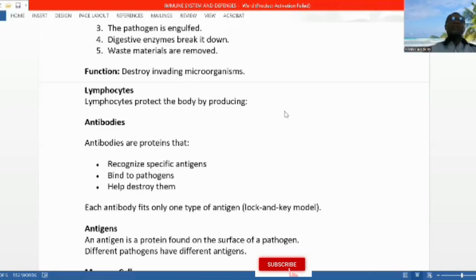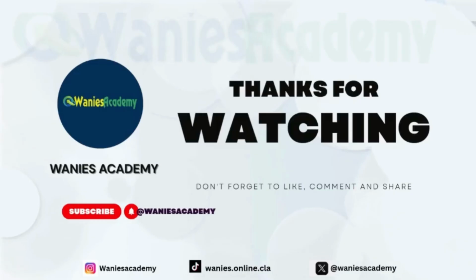After identifying or recognizing them, they bind to the external surface of the pathogen and they destroy the pathogen. Each antibody has a specific pathogen. It produces a specific antigen, you understand, which helps destroy